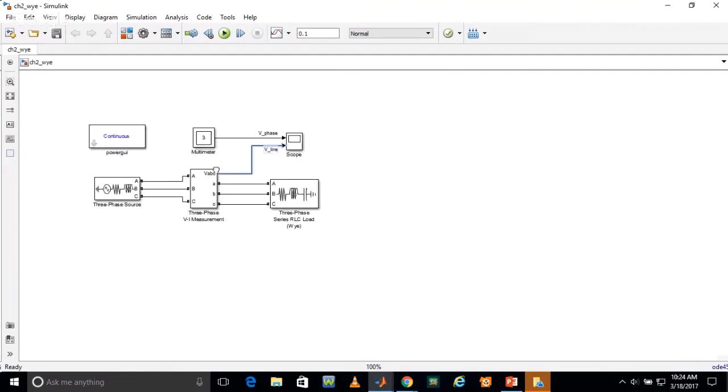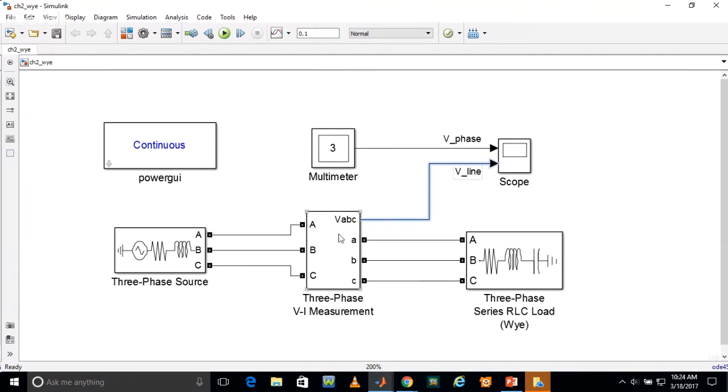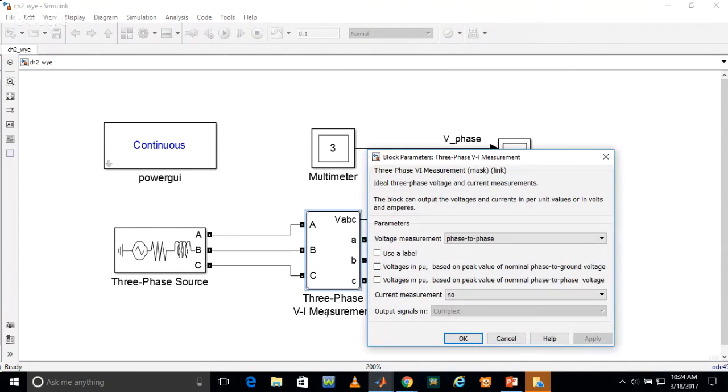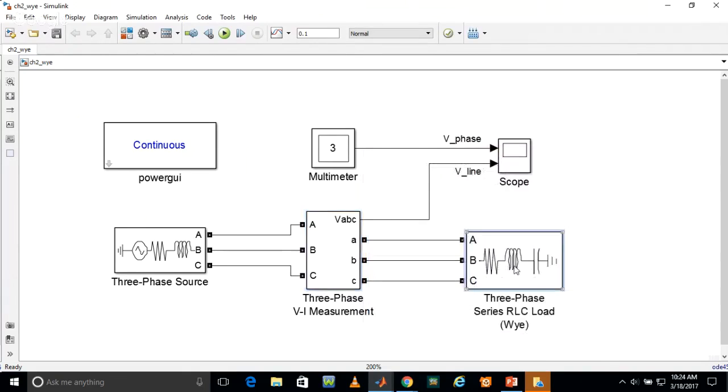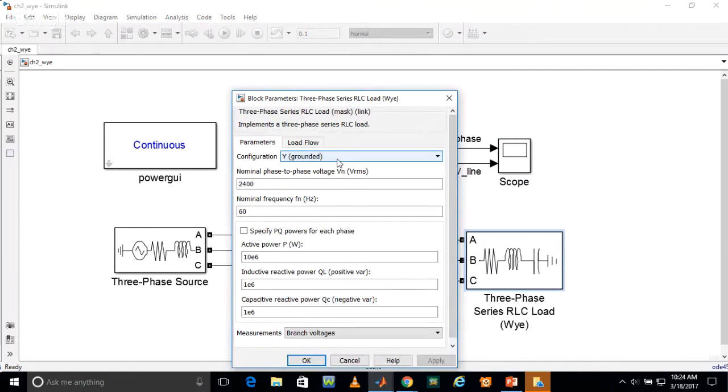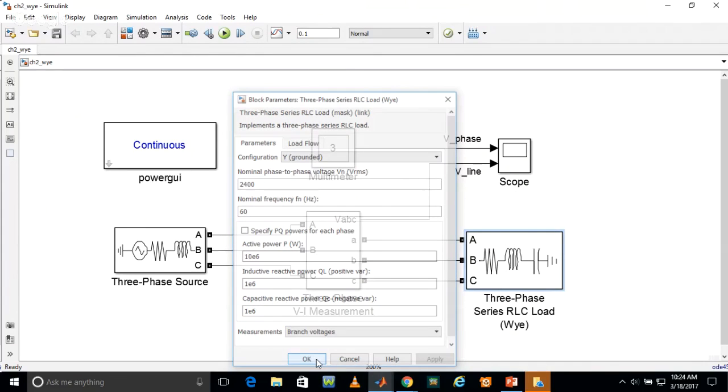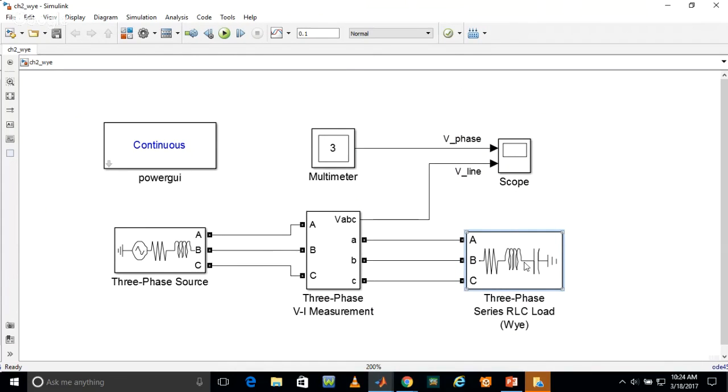This was the circuit. If you run this circuit now, in this what we have done is, in the three phase VI measurement we have taken the voltage measurement as phase to phase, rather than phase to ground. So it is giving us line voltages. And similarly in the three phase RLC load we have taken Y grounded configuration parameters, and we have taken branch voltages, that is VA, VB, VC. So this is giving us phase to ground voltages, the three phase RLC load, and the VI measurement is giving us phase to phase voltages. That means line voltages. So if you run this whole system,